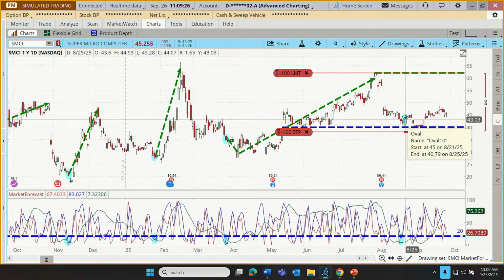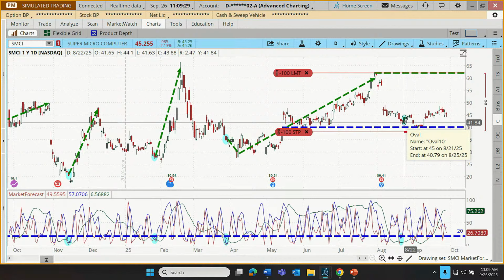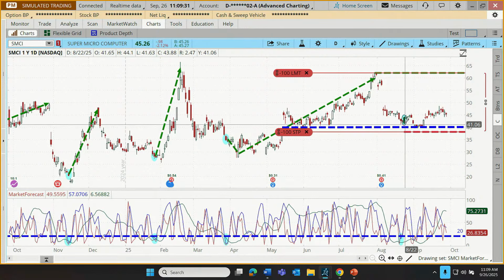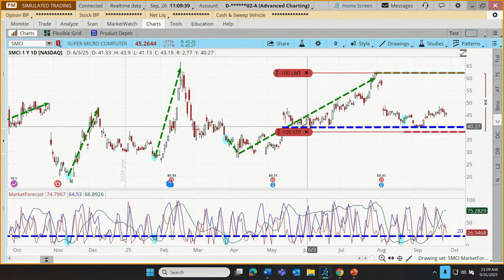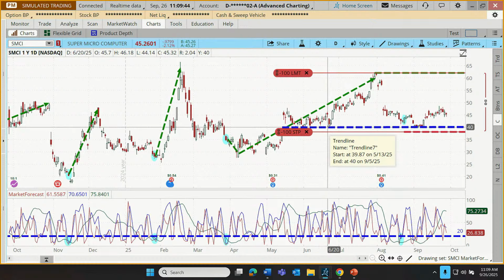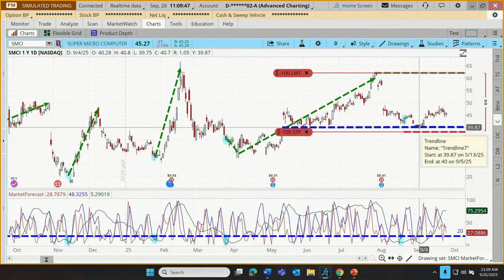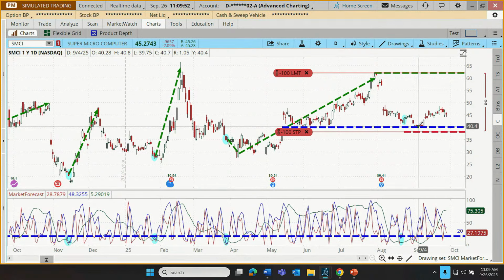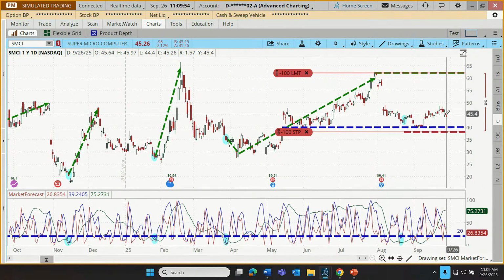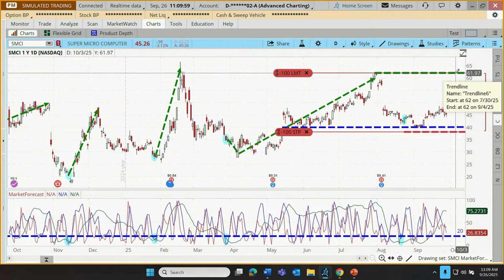This is still a TBD scenario, but we took an entry right here on this cluster, and the stock has gone sideways a bit. Interestingly, it came right down to the lows that we had noted at the time of that discussion. It looked like our support was right about here, around 40, and it came right down to about exactly 40, and then started to rally. Now we're up over 10% off those 40 lows, and the trade is a little bit positive. We're going to let that one continue to work. We do have a target, yes, all the way up there at 62.